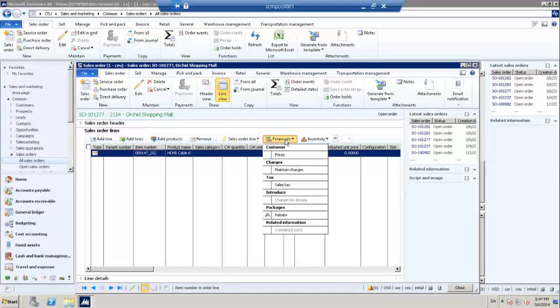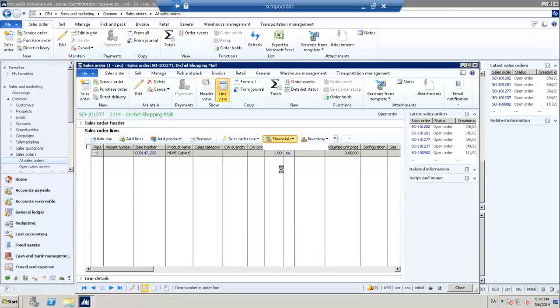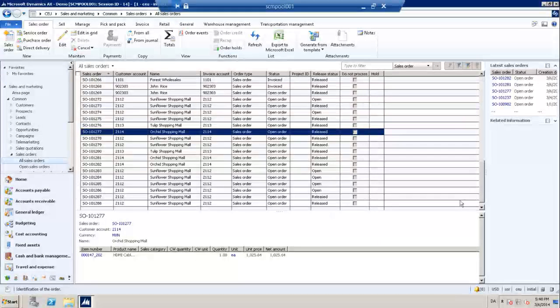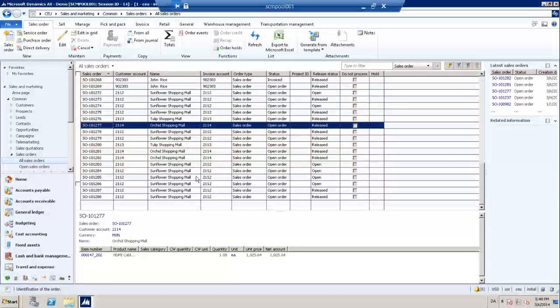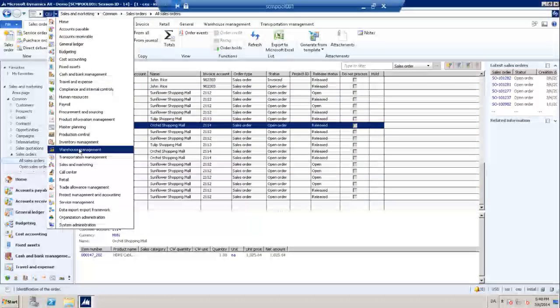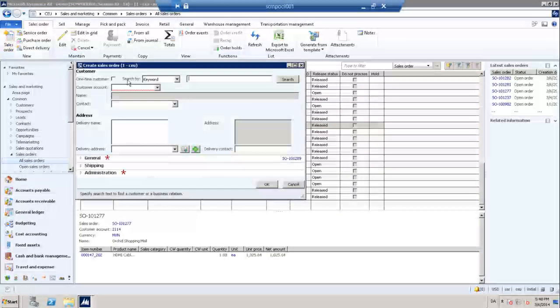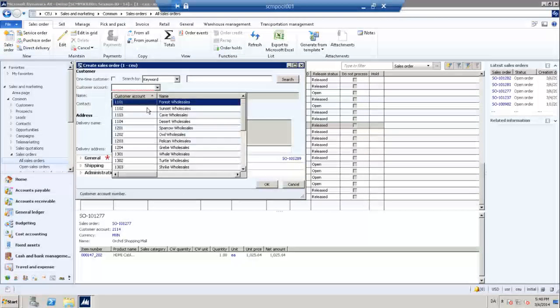So they should appear under miscellaneous. Oh, I think it was another one. Yeah. So they should appear under miscellaneous charges into that one. I will quickly create one more, and also to show you how you can actually split an order into several loads. So I quickly create one sales order for my customer